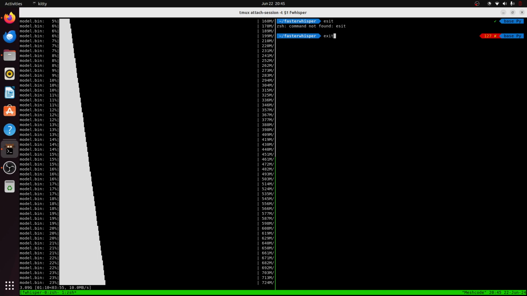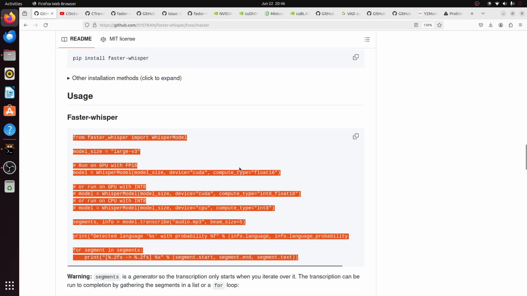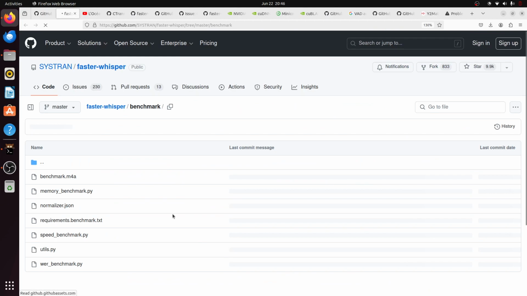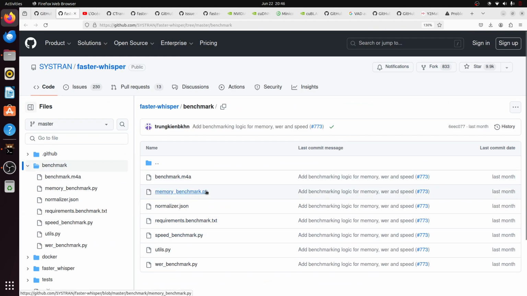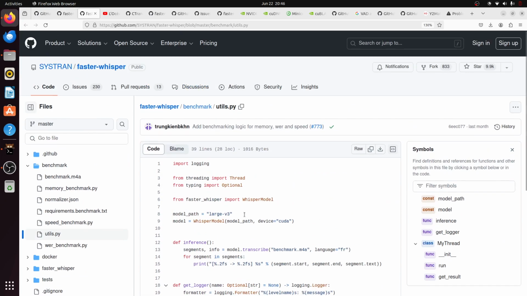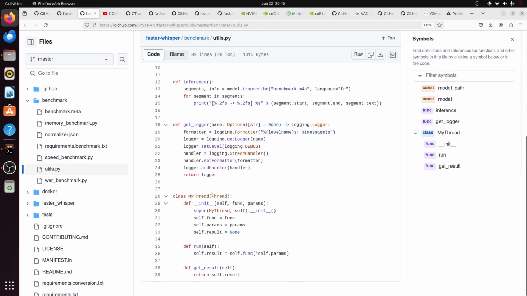Okay, so while that's happening, why don't I go back to this and take a look at what these benchmark scripts actually are. We did see that it's actually inferencing, it's benchmarking the M4A file, which is nice. I'm glad they provided that file. The memory benchmark, normalizer, requirement, speed benchmark, and utils. They're benchmarking the utils function, run, get result, right, parameters,